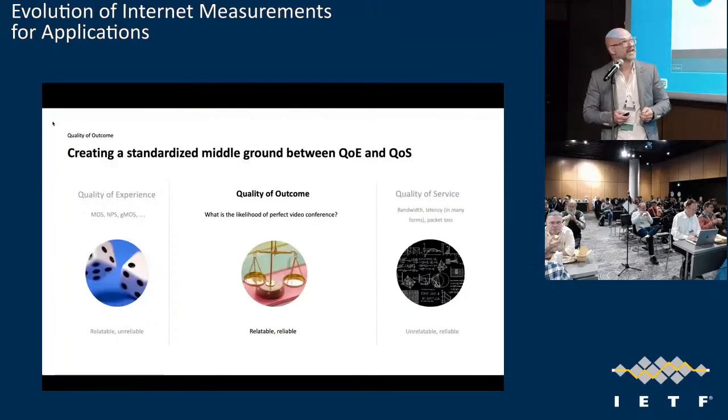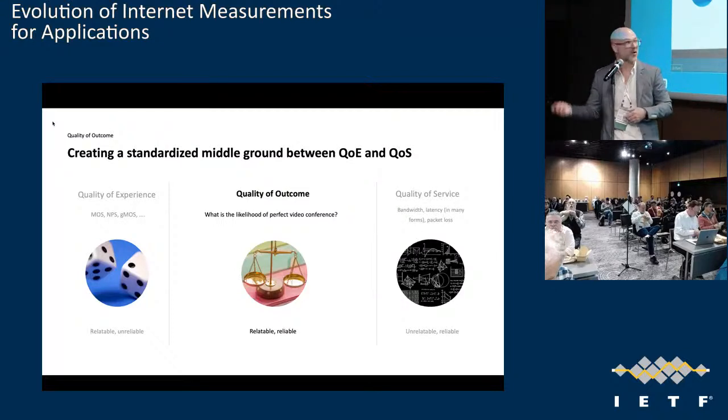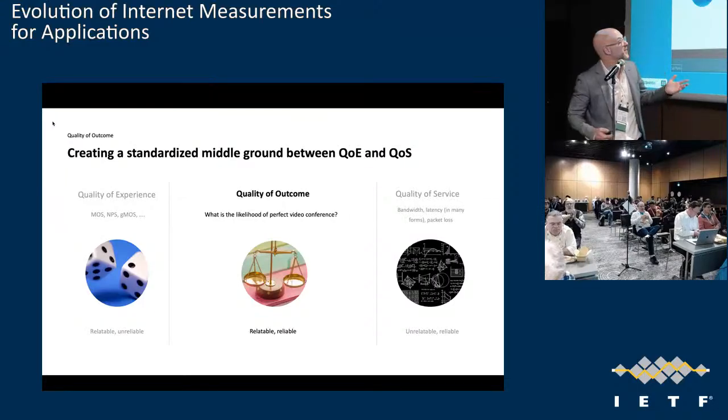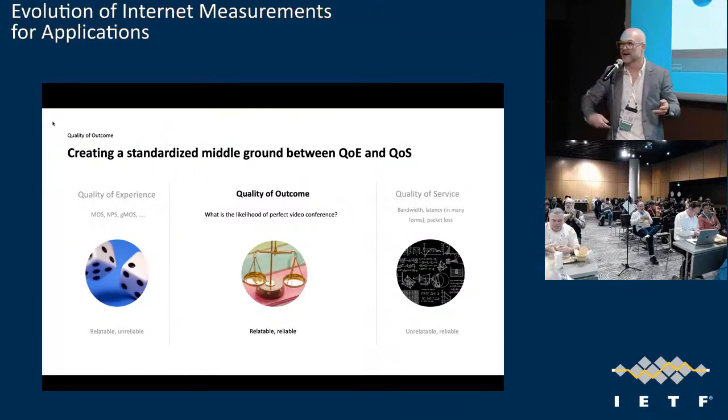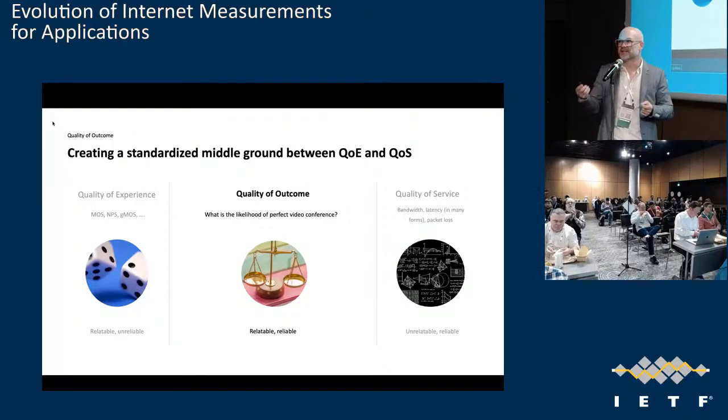And it's kind of a middle ground between quality of experience and quality of service, where quality of experience is more like the customer's interpretation of the experience, how good is it, and quality of service is really just raw measurements. So the quality of outcome is like, what is the likelihood that the application I am using is without error, right? Like if I used this Teams call, what's the probability that that's perfect? What's the probability that I have a perfect gaming session? And